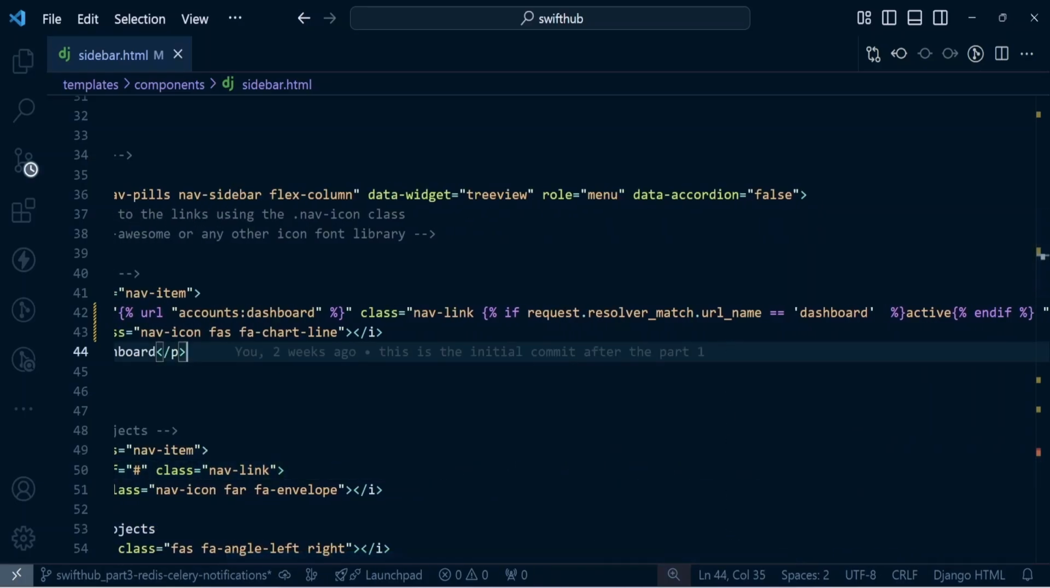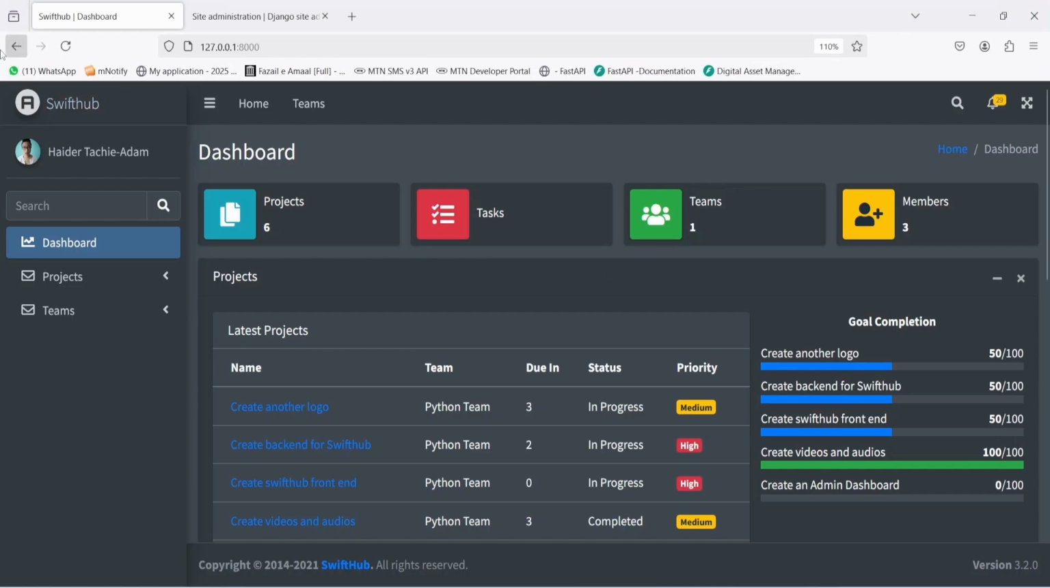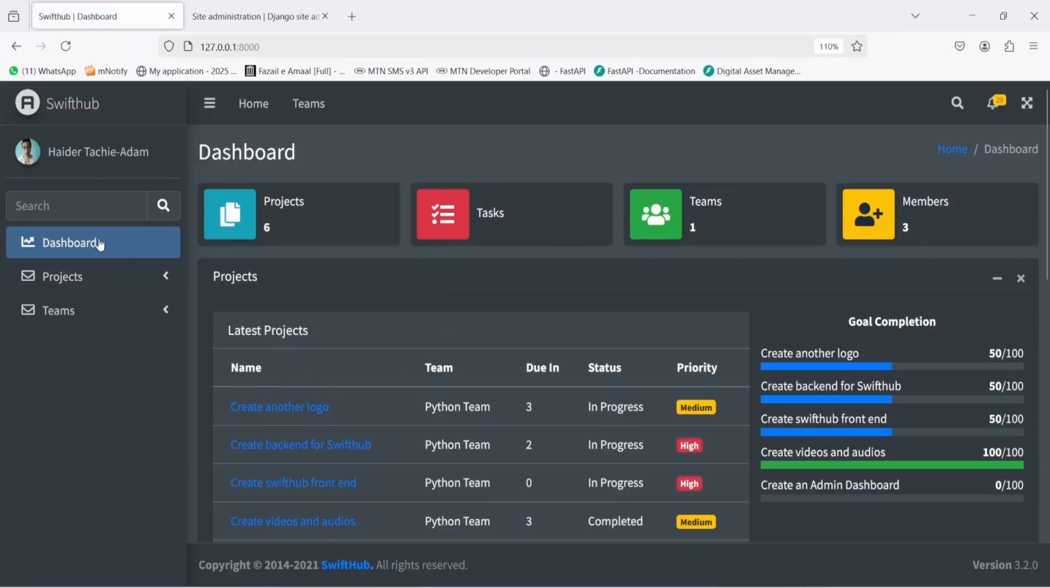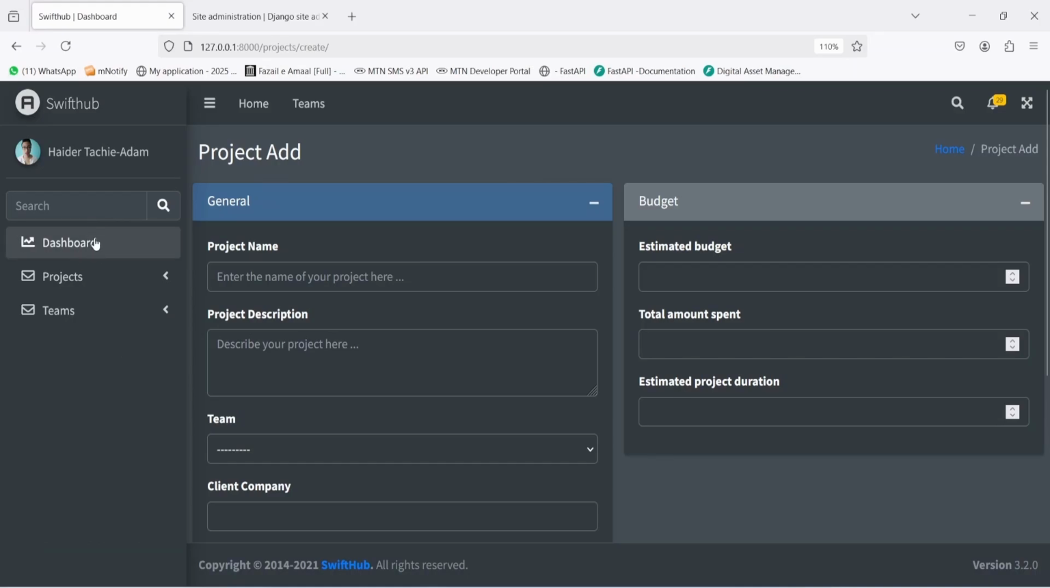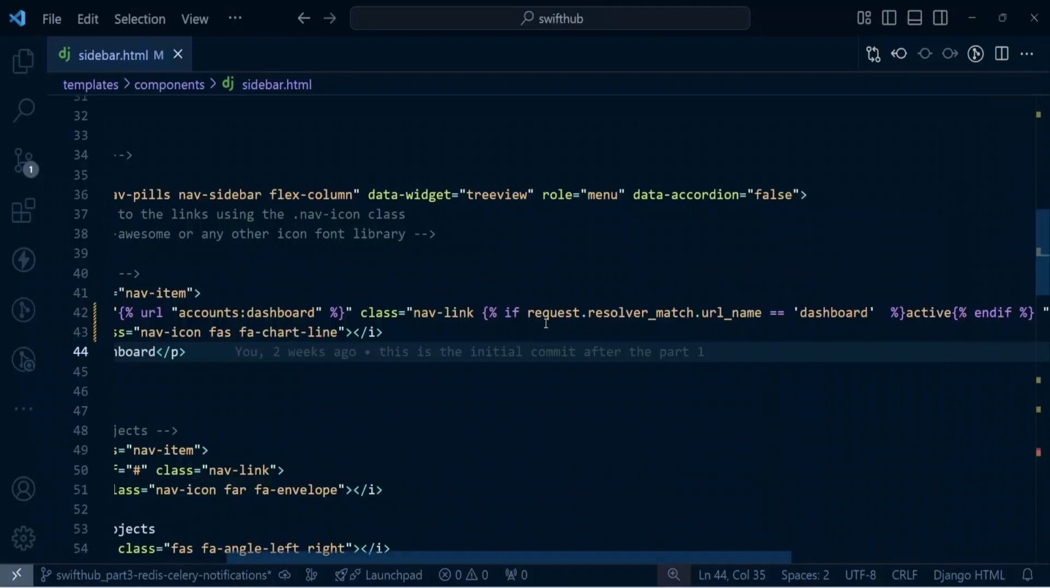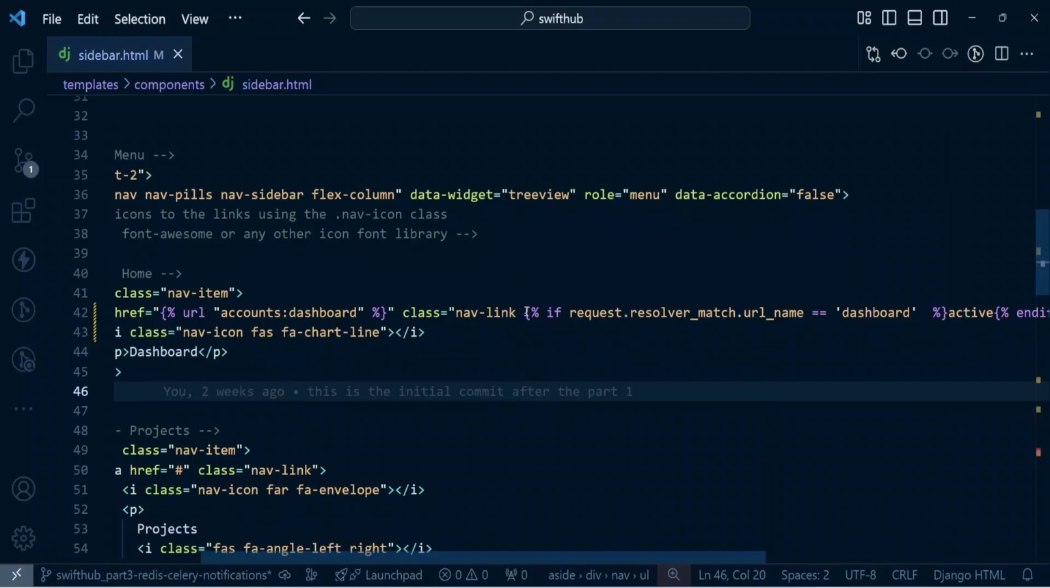Okay, so I'm just gonna come here and refresh the page right here. When I refresh the page, I'm getting dashboard to be active. But let's see if I go to add projects. Now dashboard is not marked as active, and project is also not marked as active because we have not worked on it. All right, so at this point, I'm just gonna go into my code